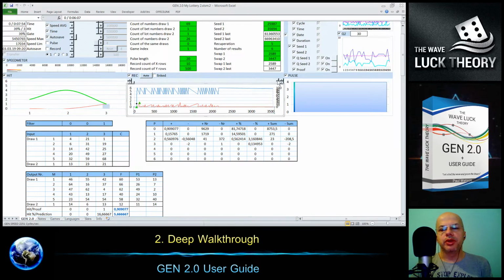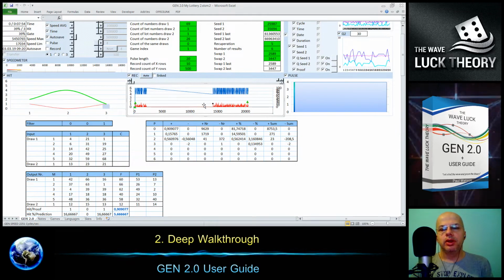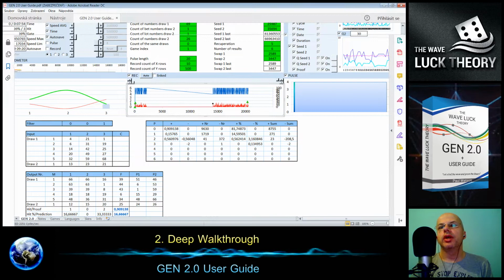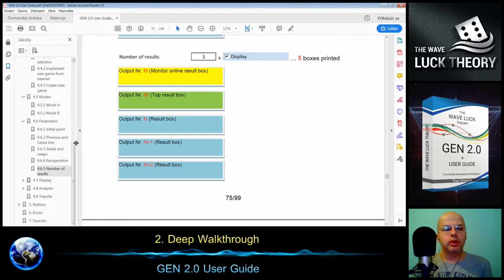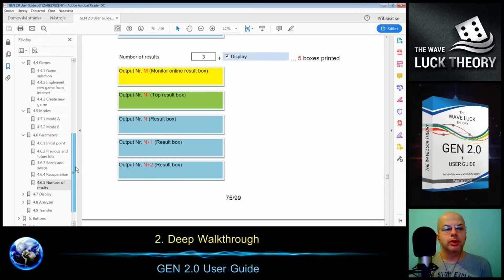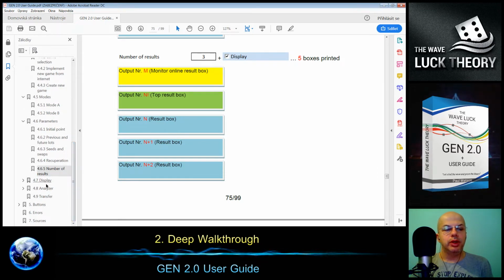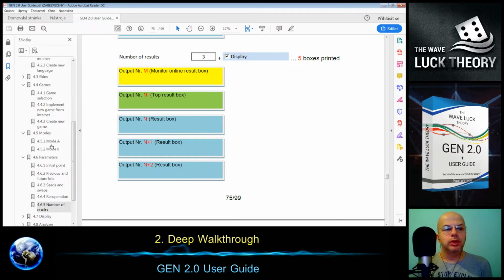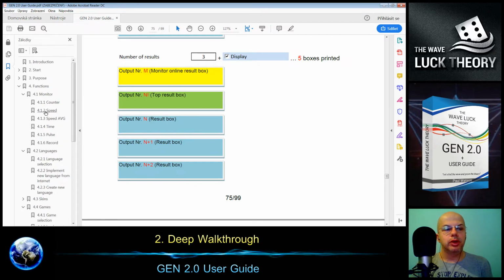I will open something in the user guide again, and I go to the record function, which should be under the monitor.